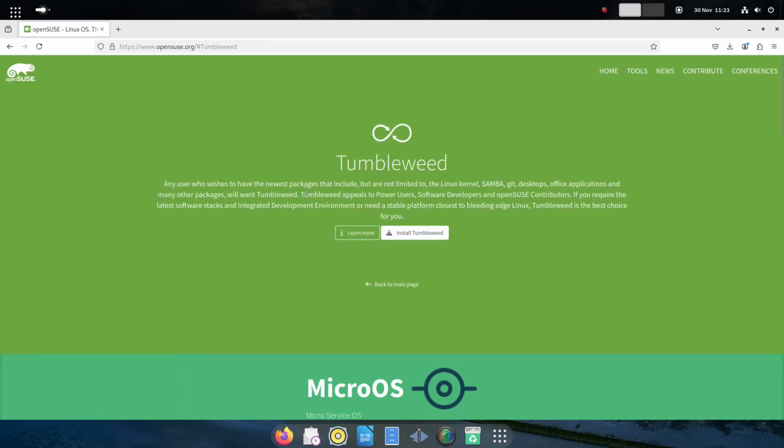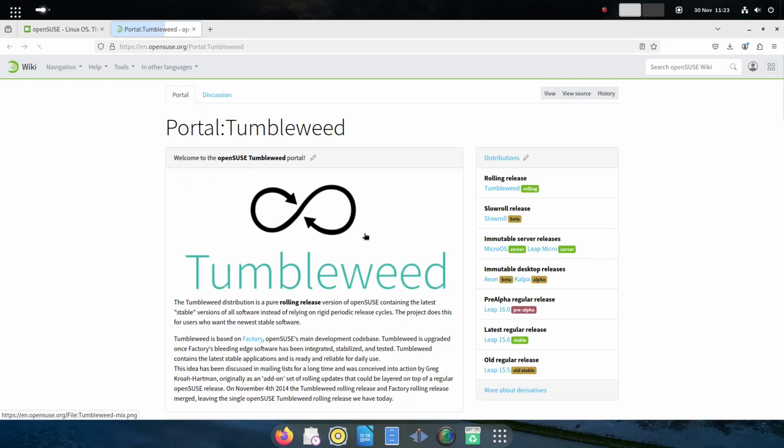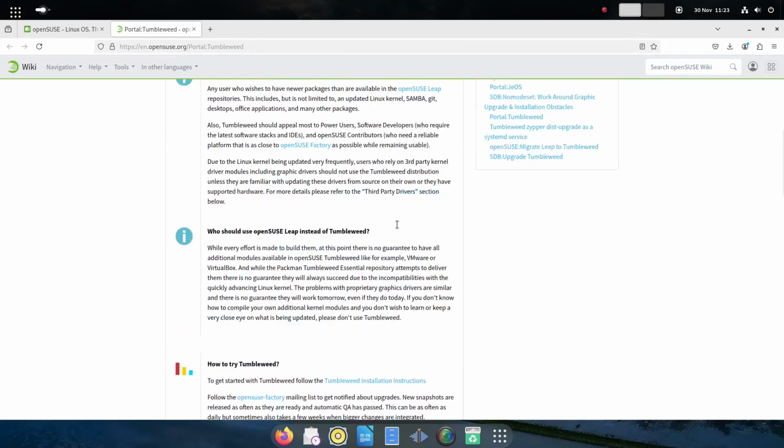But then it says any users who wish to have the newest packages that include but are not limited to the Linux kernel, Samba, Git, desktops, Office applications and many other packages will want Tumbleweed. Tumbleweed appeals to power users, software developers and OpenSUSE contributors. If you require the latest software stacks and integrated development environment, or need a stable platform closest to bleeding edge Linux, Tumbleweed is the best choice for you. And you can click to learn more, and it gives you information about Tumbleweed,